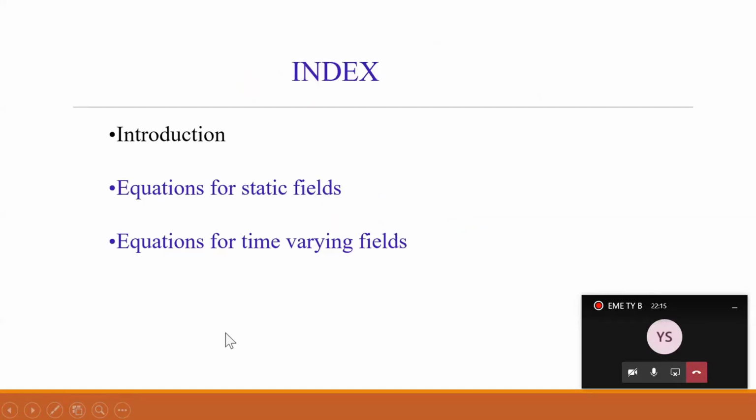These Maxwell's equations are stated for time varying fields, and secondly for static fields. Static fields means those fields which are not varying with time. For example, flux: if flux is not varying with time, then it is static flux. Charge is a quantity which is not varying with time. It is only a static quantity. But when the charge moves with respect to time, then charge in a given time is nothing but the current.